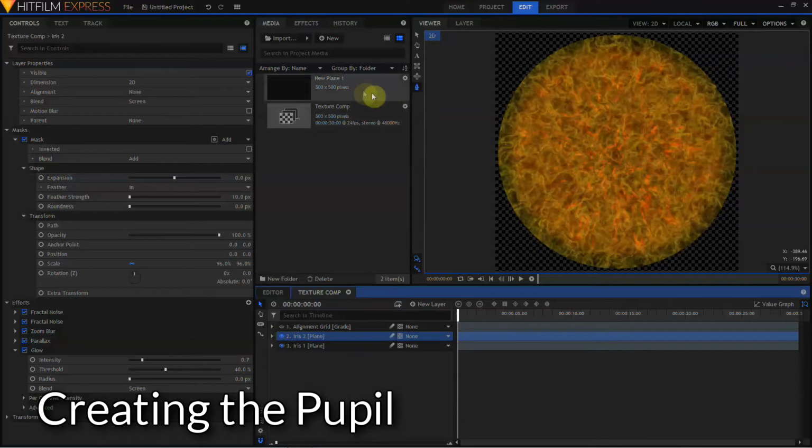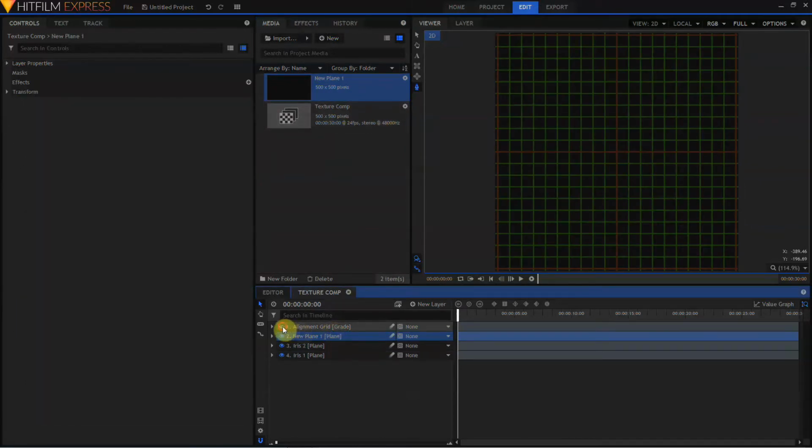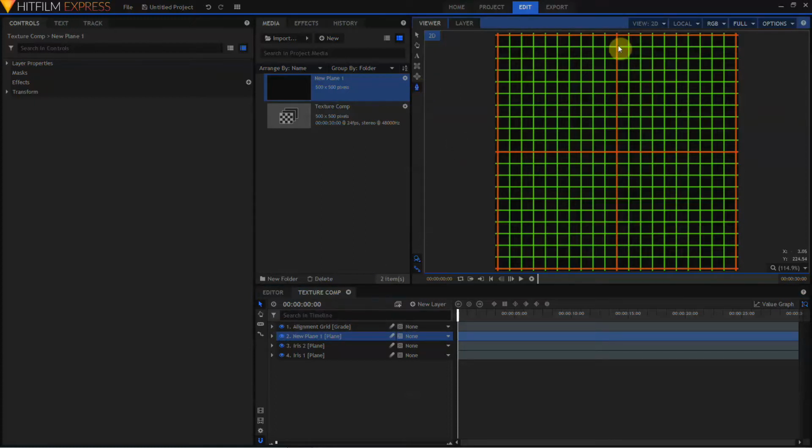We'll return to the media bin, grab another copy of our existing plane, and drag that into the composite shot below the alignment grid, and turn the alignment grid back on. For the pupil, instead of using the circle mask, we'll use the pen tool. Move up to a point at the top of the grid, click and hold the left mouse button and drag